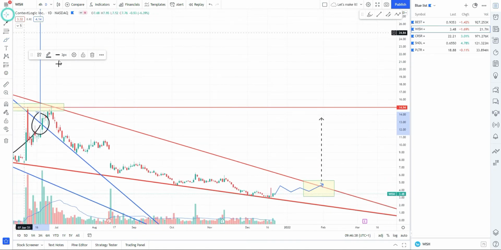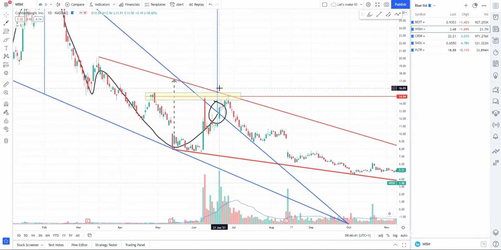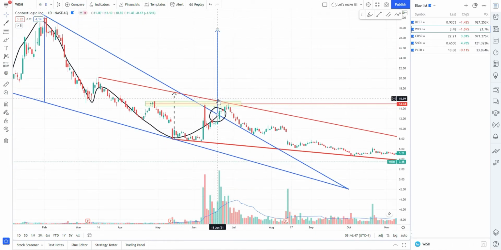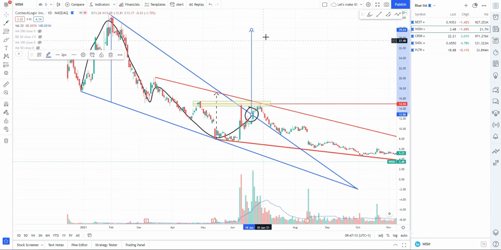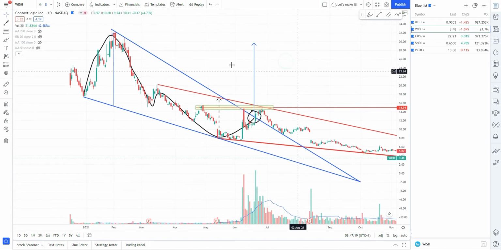Let me zoom in. This candle here broke this descending trend line of the blue wedge with huge volume. Let me show the volume number: we're talking about 335 million versus 96 million, which was the average at that time. So this breakout to me is very relevant, and the target price of this technical pattern, the descending wedge, has not been reached yet. Where is that? It's actually here at around $29, very close to all-time highs.